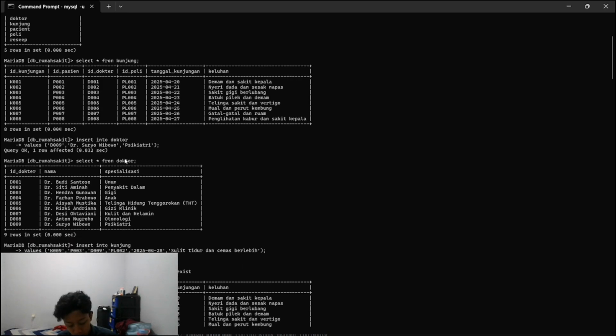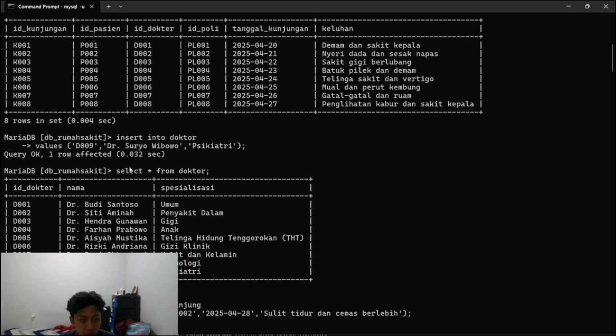If we want to add data inside the table that we already created before, and the table already has data, we just fill in the new data.